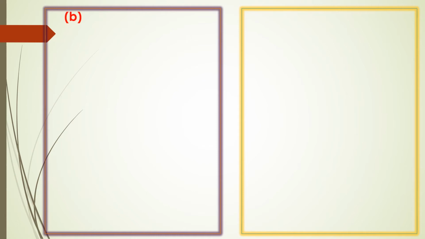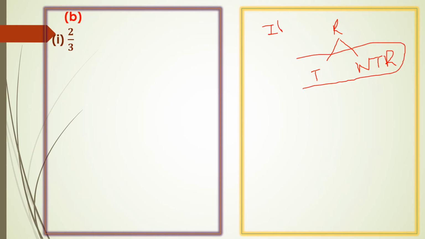So here is your next question: 2 by 3. Before going to this, I'll tell you, we know that rational numbers are of two types. One is terminating and one is non-terminating repeating. The non-terminating, non-repeating is an irrational number. So terminating means you'll get remainder 0. There will be no digits repeating after the decimal. It will end like this. No repetition, no continuation of the digits after the decimal.